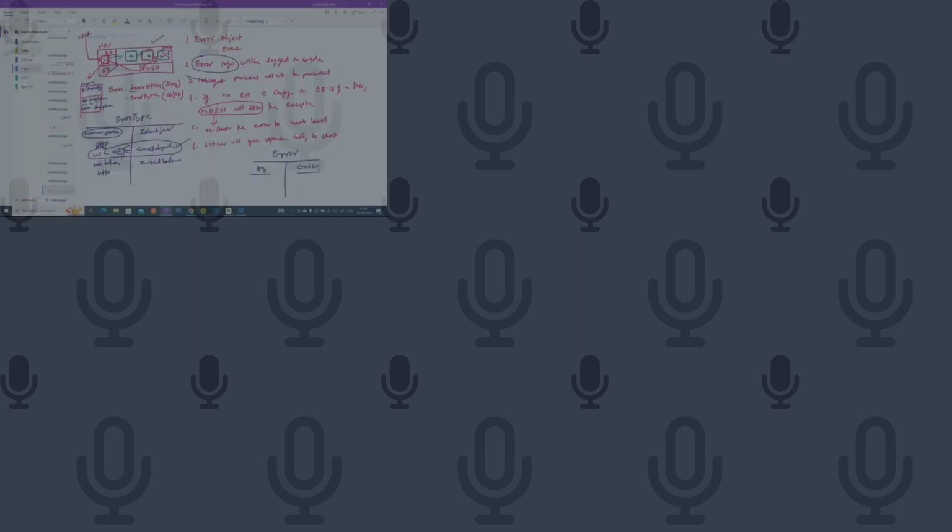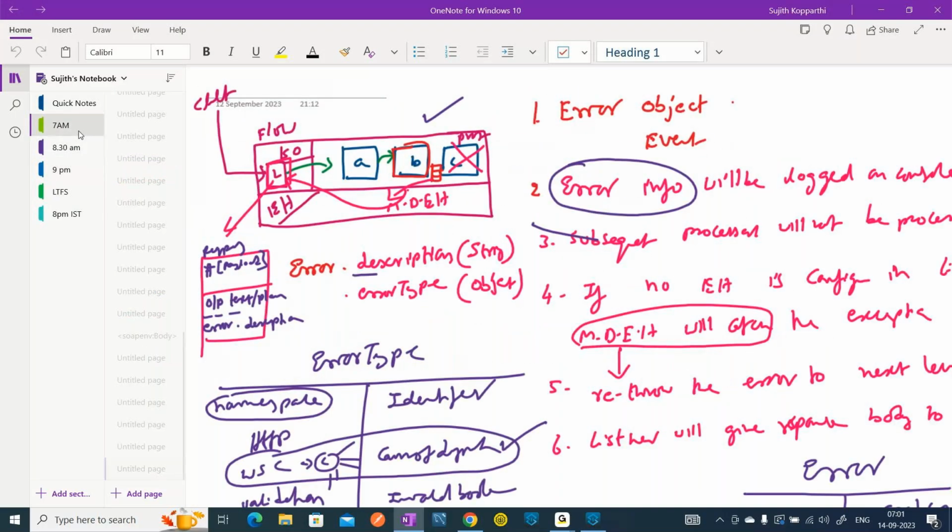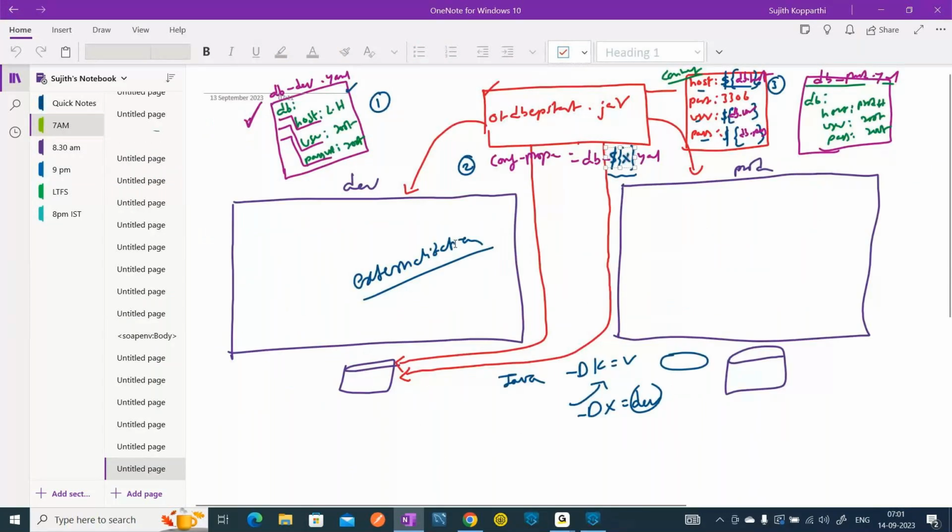So what I was discussing in the last session. Yes, guys, about database, like how integrating with DB and externalizing the integration with properties. Exactly. So first we have seen how to connect with the database and how to fire the query dynamically, and